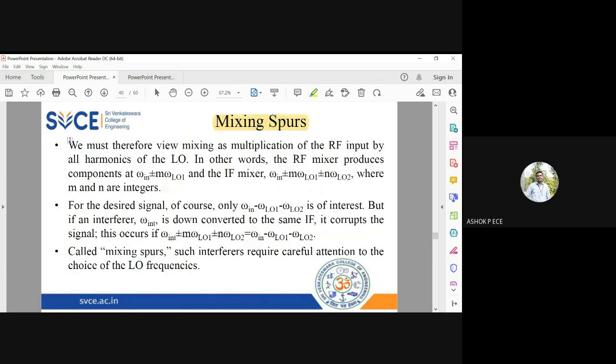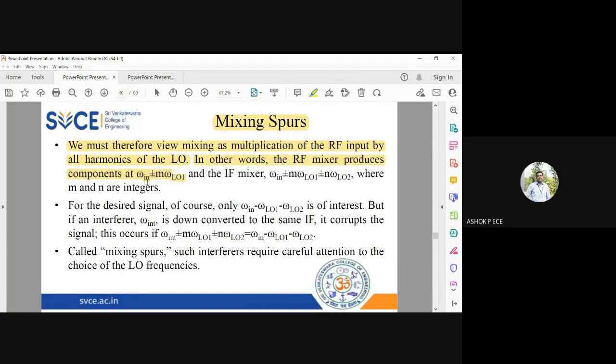So we must therefore view multiplication of the input by all the harmonics of the LO. You know that a square wave is a periodic signal, and all periodic signals will have a Fourier series. So when I'm going to multiply the RF input by a square wave, I can replace the square wave by a Fourier series expression. The Fourier series will have its fundamental frequency and all the harmonics. So I can say the first RF mixer will produce the frequencies